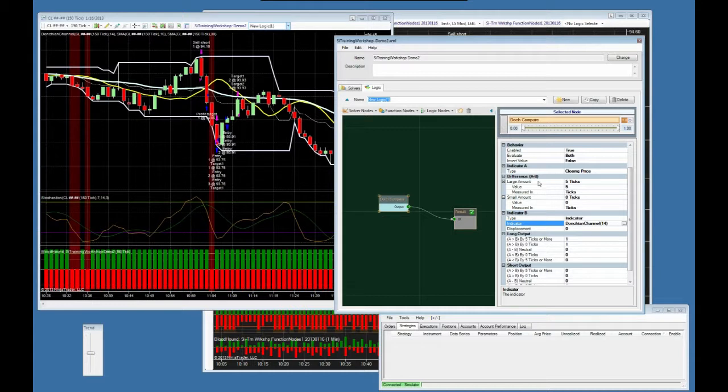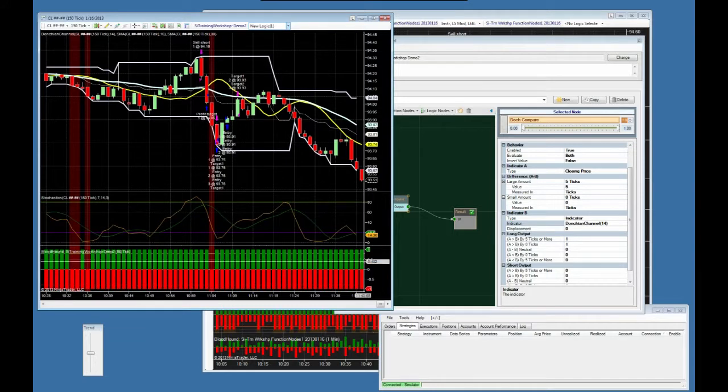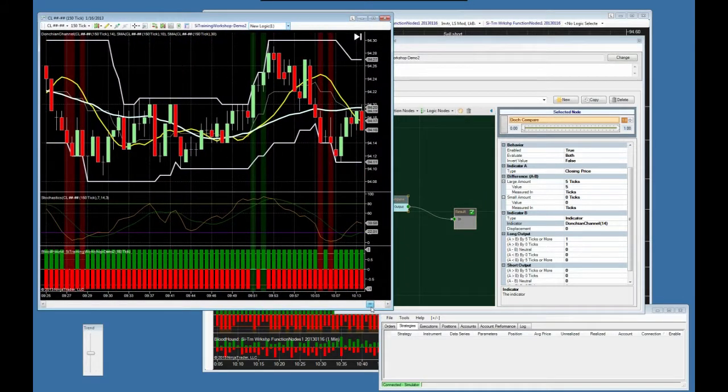All right, so what I'm doing is I'm going to create a bit of a range here, right? This range is going to be from 0 to 5 ticks, and the idea is when we get within the 5 tick range of this channel, we want some action to happen. Okay, so what do we want exactly? Well, let's just take a look. Okay, so all right, it looks like our 5-tick range is,